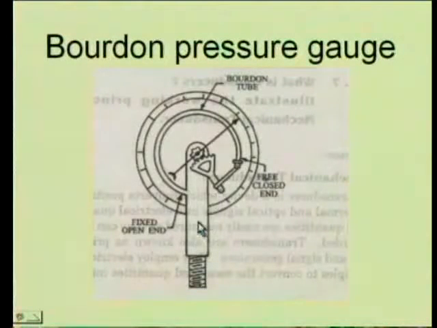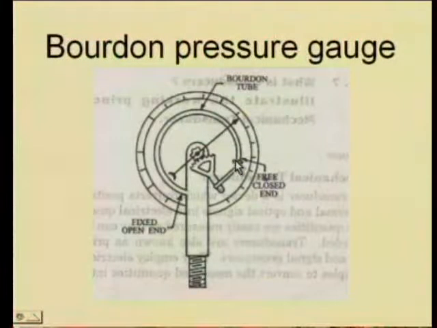The threaded end is connected to the pressure side, where a steam or a particular fluid under pressure can be allowed to go inside. The metallic strip you are seeing there is made of a particular alloy, usually phosphor bronze, which is sensitive to even small pressure changes. It will tend to deform. So it is circular, which was circular now will take the shape of an elliptical shape after it is subjected to this pressure application. Now this kind of deformation inside a tube